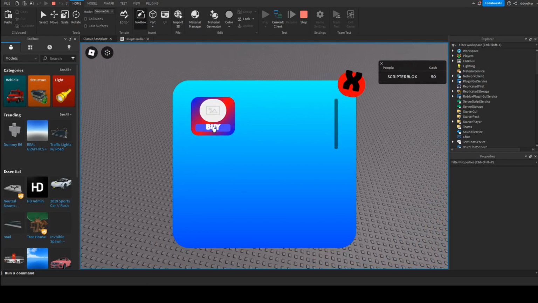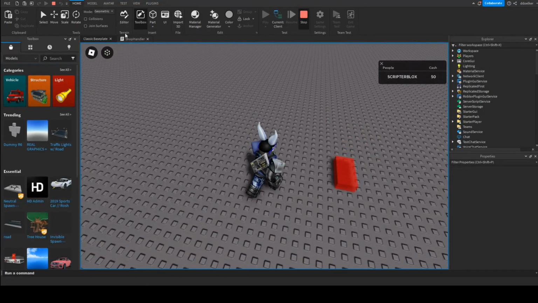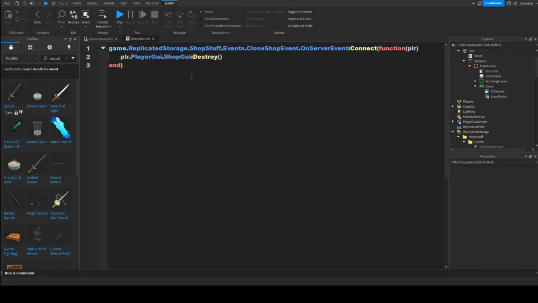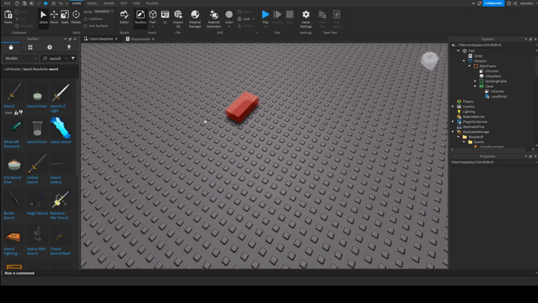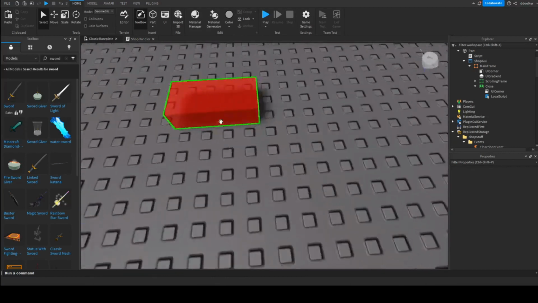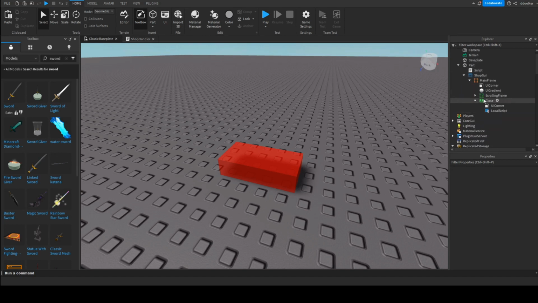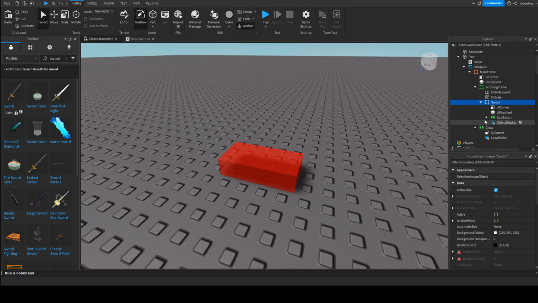For the moment, our GUI will not be able to do anything else. Now let's stop the game really quick and continue, because the next thing we want to do is for our player to actually be able to buy items. So what we are going to have to do is, in our GUI, in the scrolling frame, in the sword frame, or whatever item frame, currently our buy button does not contain any script,